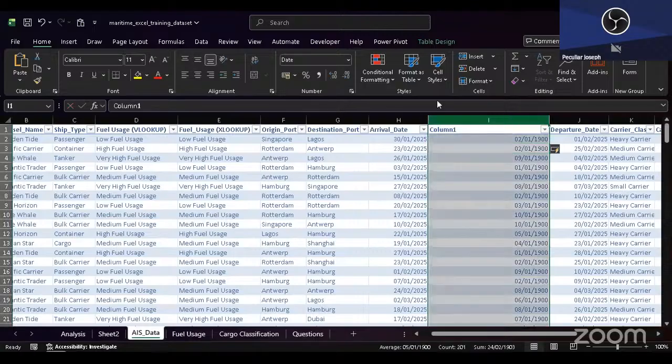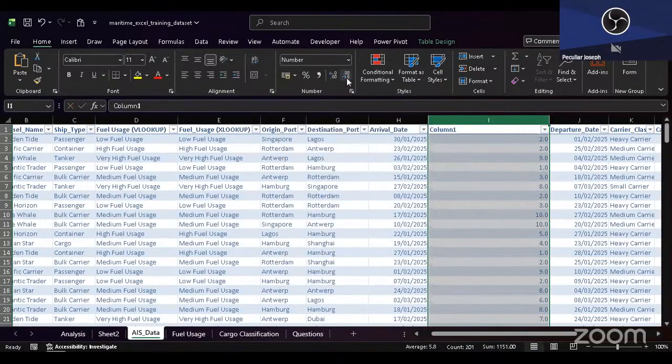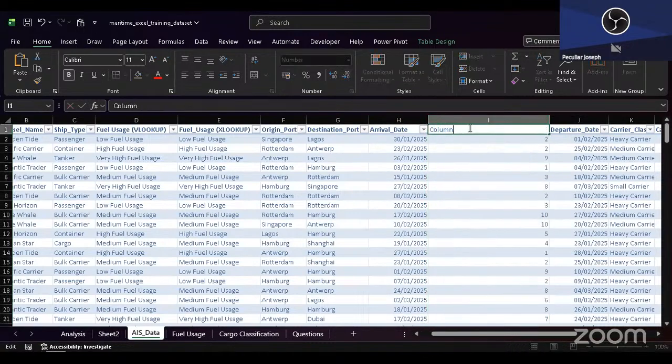So then I'm going to convert this to number. So it's going to give me the days, right? Number. I'm going to call this days between arrival and departure. So I'll say days between arrival and departure,